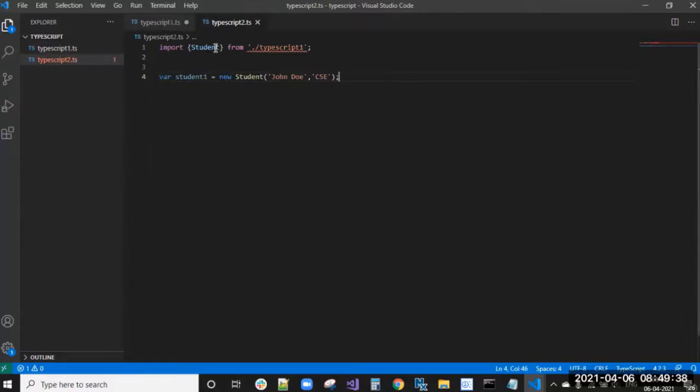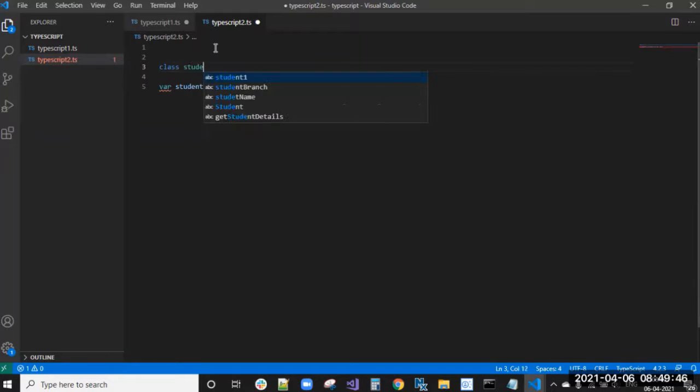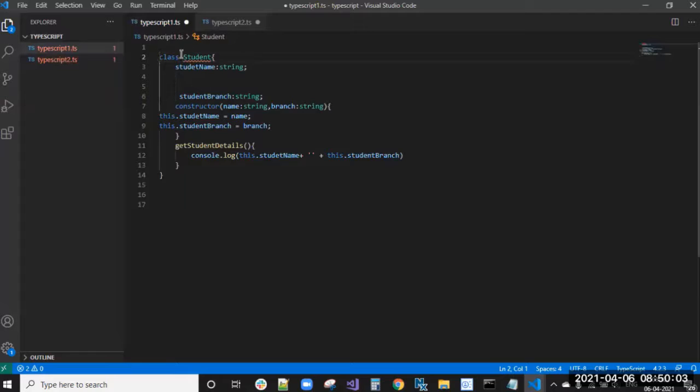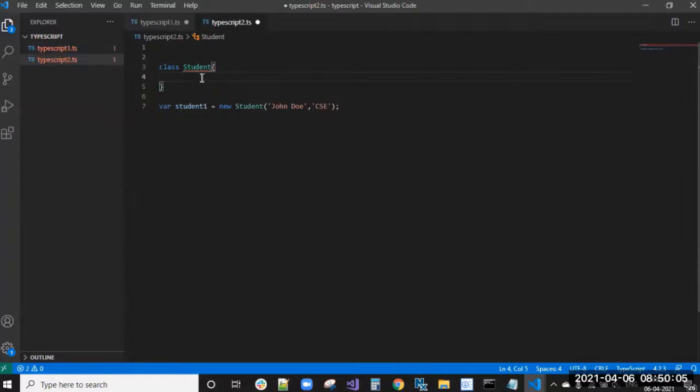If I try to create the class again here, I have another file also, and here I need the same student. If I write the same thing, I will get an error: Duplicate identifier student. The student is already declared here, so we will get an error.